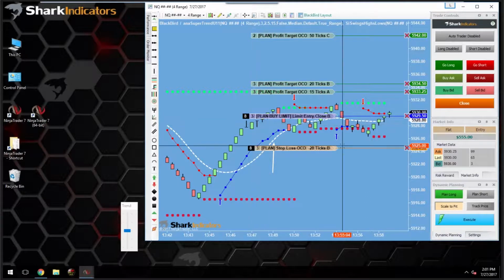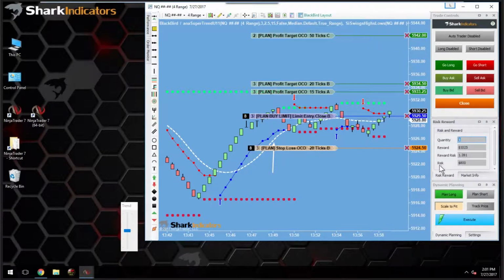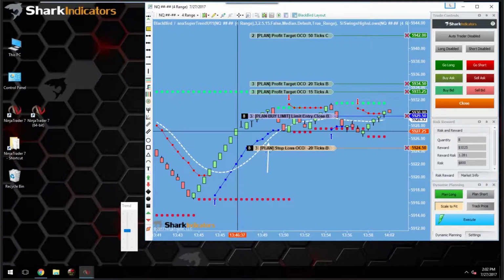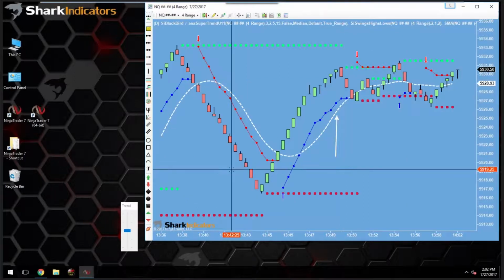So we can actually trade 8 contracts with that $800 risk. And if you want to see what your actual risk is, we have this risk reward panel here. You can see BlackBird was able to adjust us to exactly an $800 risk. And that risk is based on your stop loss. So with a 20 tick stop loss, you can trade 8 contracts on the NQ. So this is on the NQ. So based on your instrument and your stop loss there,